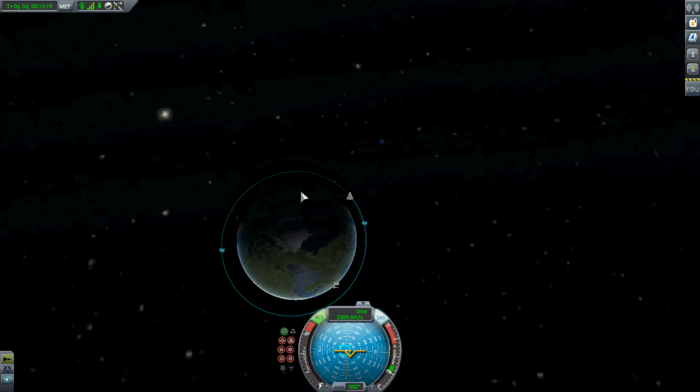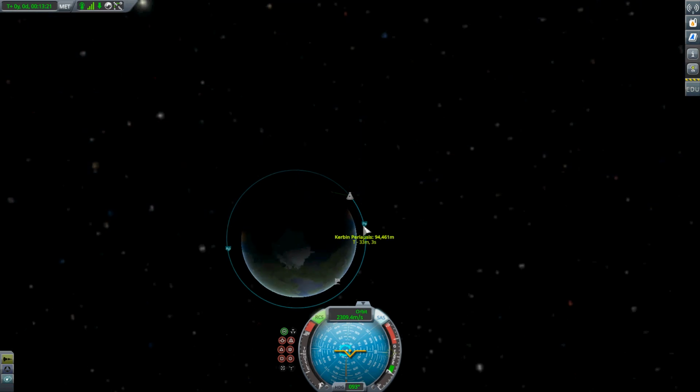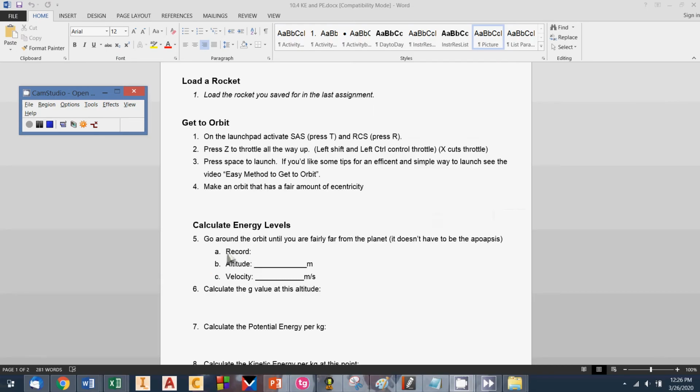So here we are. We've got the rocket. It's in a fairly stable orbit, a periapsis of 94,461, an apoapsis of 192,198. And now, if you look at what it asks here, it wants us to record the altitude and velocity. It says this doesn't have to be at the apoapsis, but we want an orbit that's fairly far from the